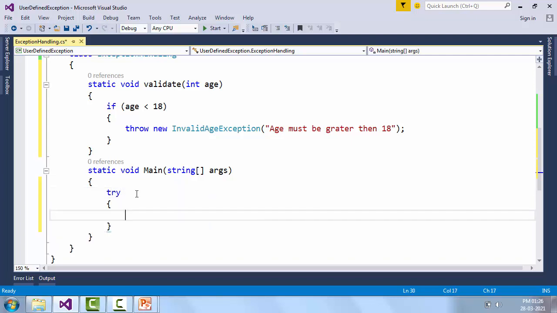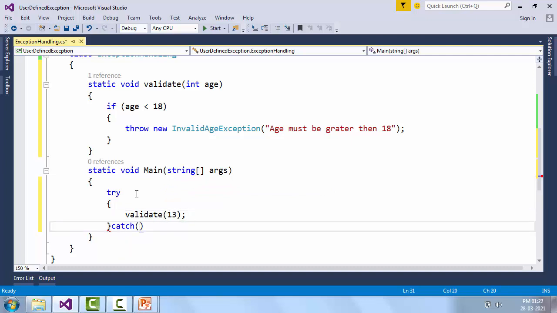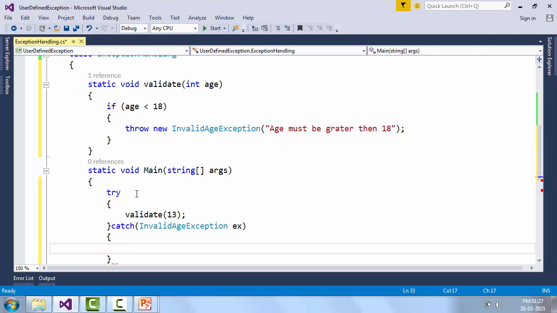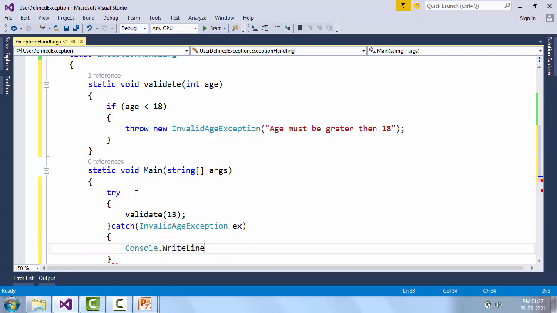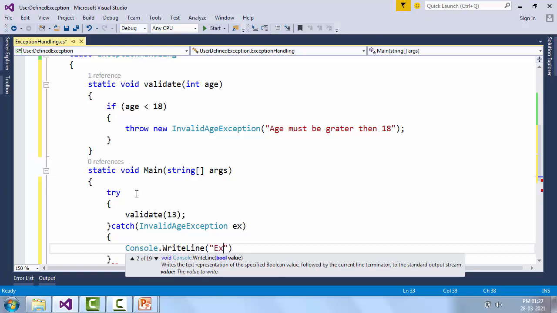So try, and then we call the Validate method, and inside this we will pass a parameter of integer type, and then catch, and inside this we will pass a reference of InvalidAgeException, right? And here Console.WriteLine, "Exception"